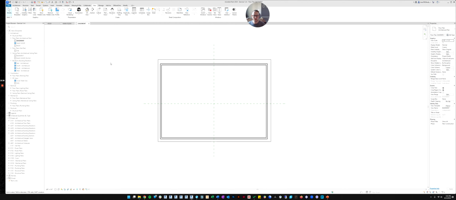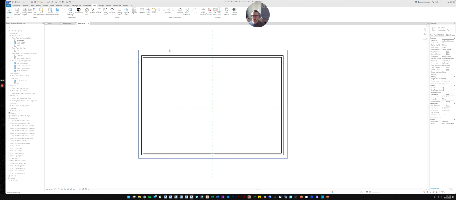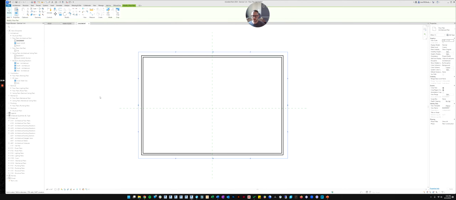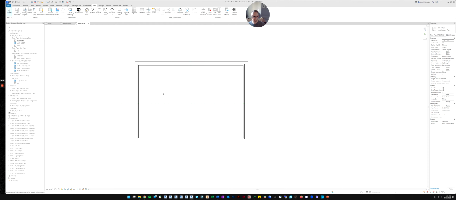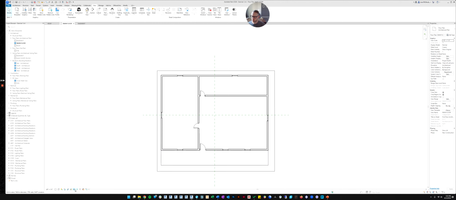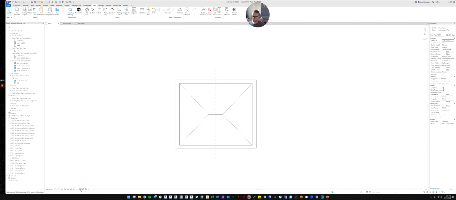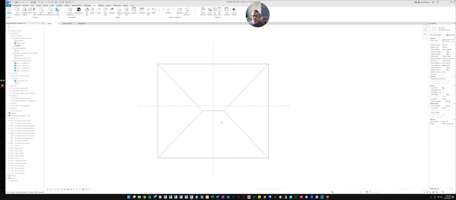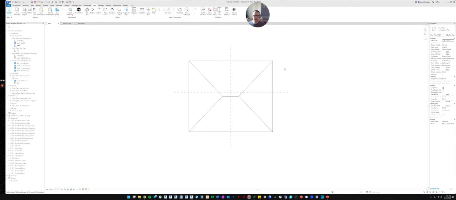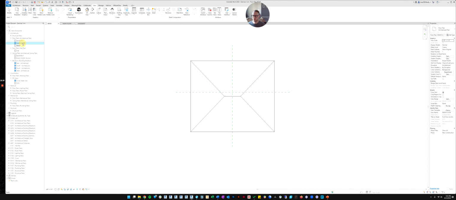So now we're all good as far as crops go, but maybe I don't want to see this crop region anymore. Now that I've set it, I'd like it to disappear because it's distracting. So now we can go in each view and turn off the crop region right here down at the bottom. There we go. All right, so that is how, once you've created a view, you crop it down to get it to look the way you want it to, or to at least slice the model the way you want it to slice the model.